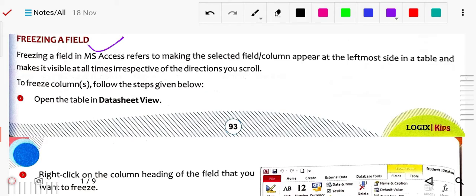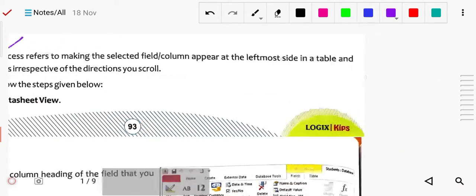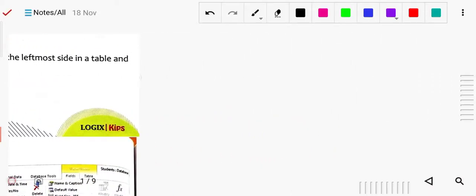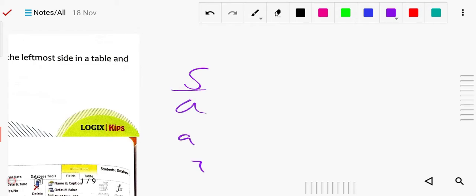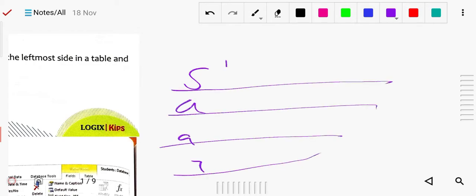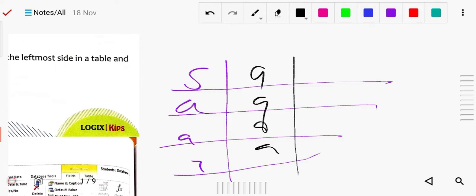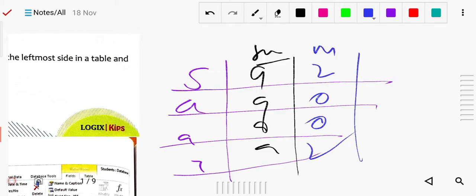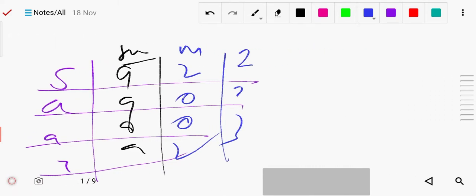Means simply, suppose I just give you the example why we are using it. Suppose here your name is written, some name like that. Okay, this is your column. And many data are written, it's your subject name, subject numbers like this. Okay, this is the computer mark, suppose this is your math marks, suppose anything is written like this. But whenever you will scroll like this, okay, I'm scrolling like this.